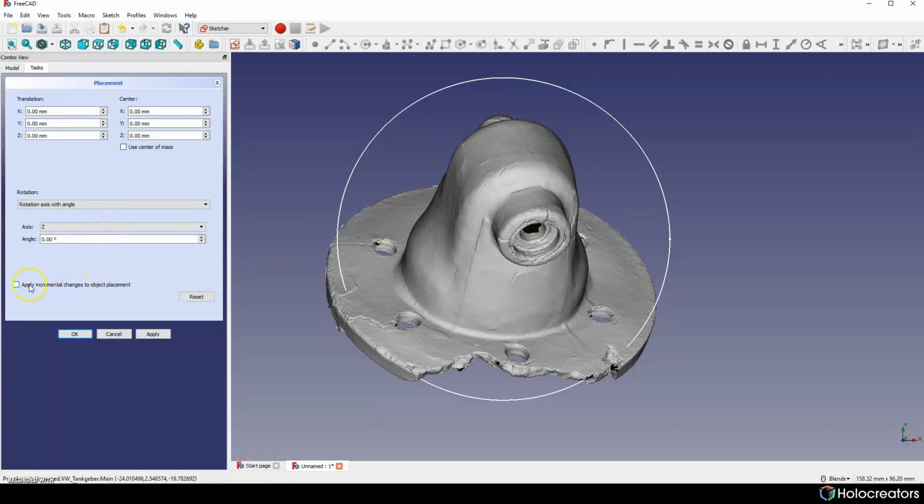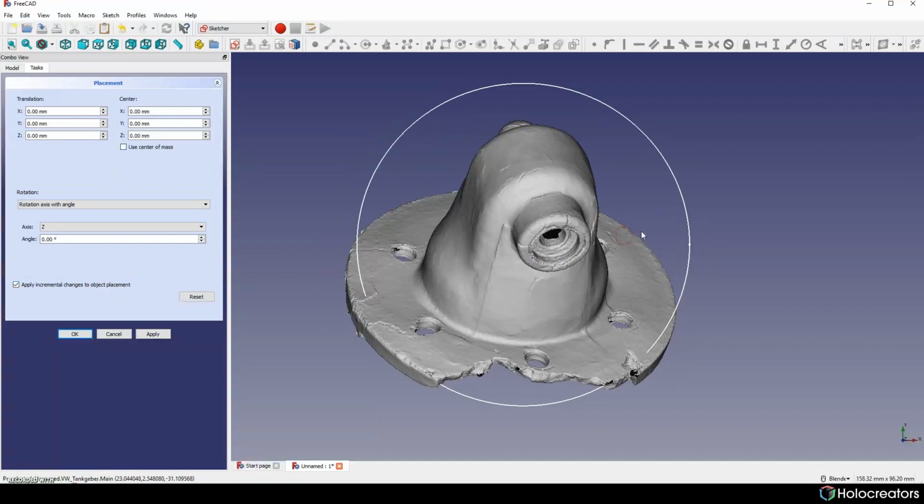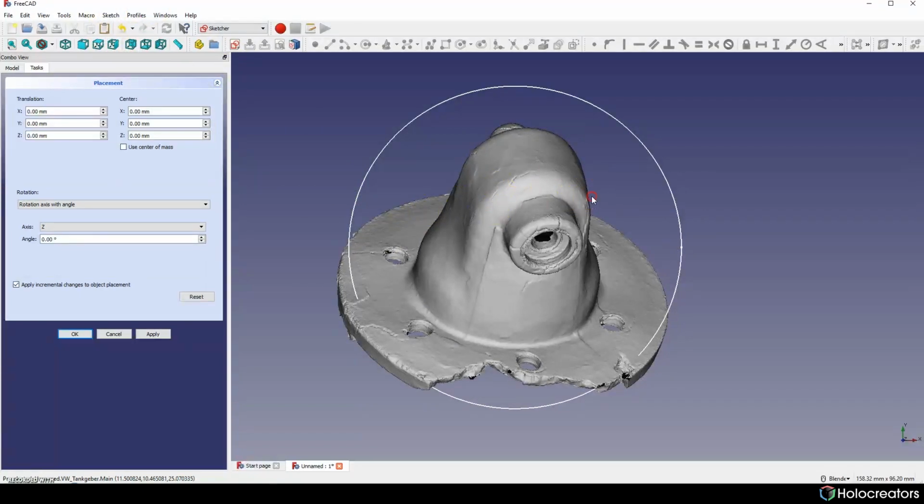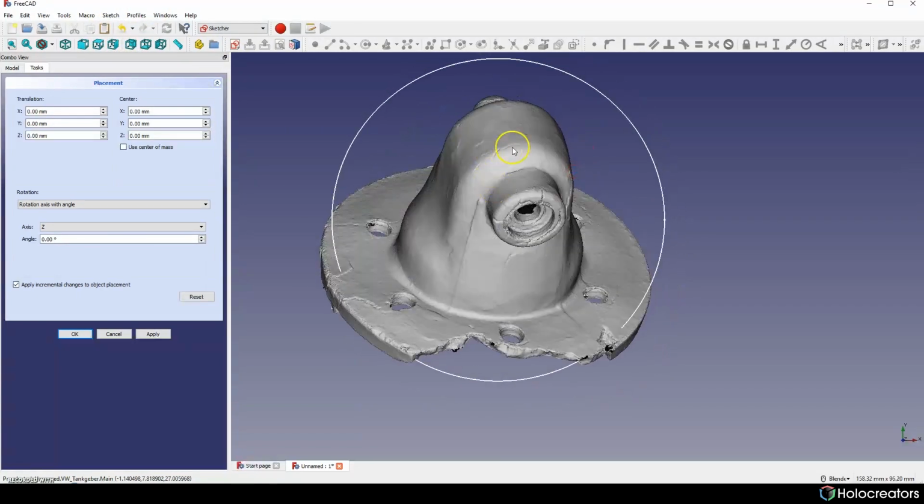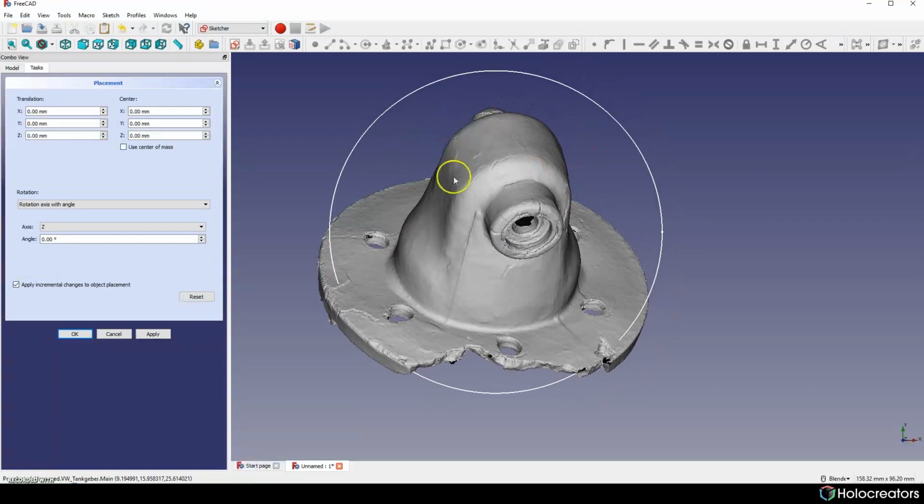To make the placement correct, we need to check this box here, apply incremental change to object placement. I'm going to use different projections to get the best alignment of this model.